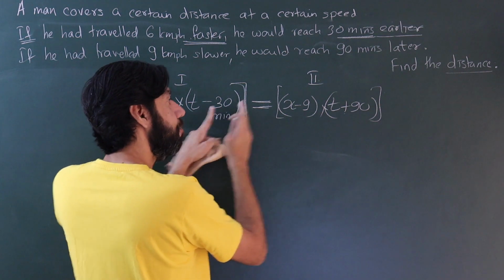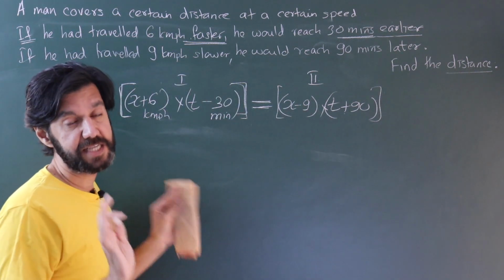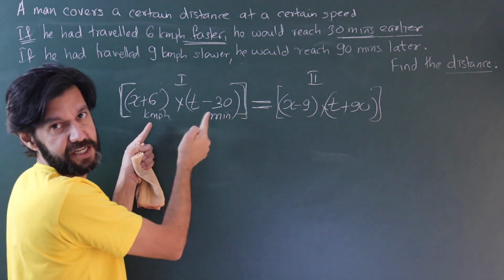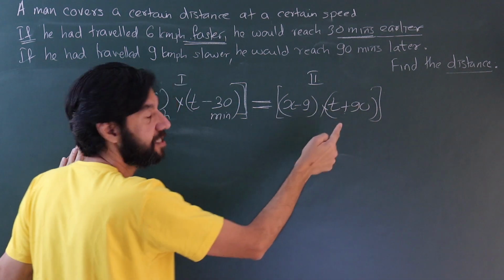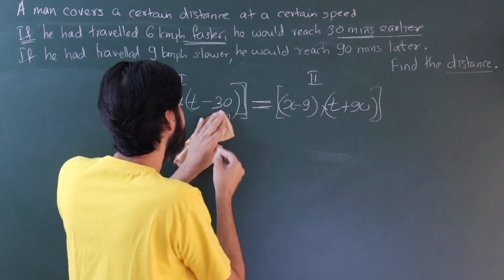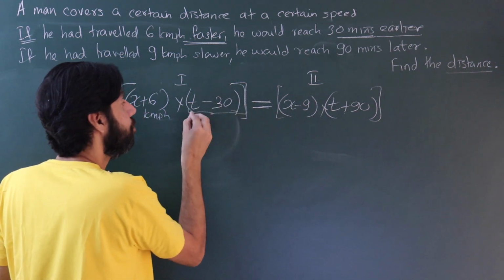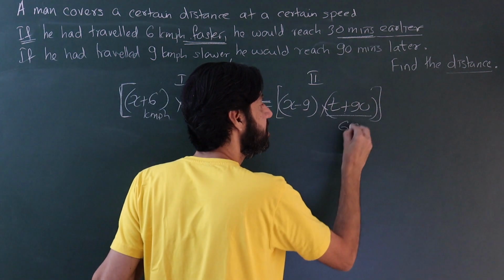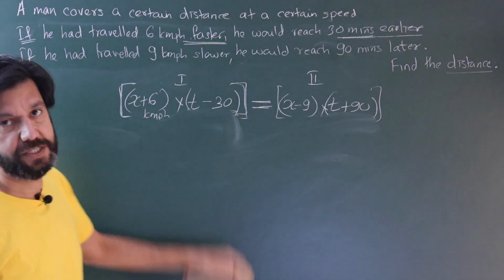This is in minutes, I know, but this is also in minutes. So long as both sides are consistent in the units, it doesn't matter if they're incompatible with each other. So what I'm saying is, don't look at half, don't look at 3 by 2, 90 by 60. It will only make your calculations worse off. Just think of the entire thing, even t is in minutes. So 30 is in minutes, this is in minutes. So what I'll do is I'll just divide this by 60 to make it hours. That same thing I'll do here, and the 60 is going to cancel out at the first step. Right? So I can go ahead and proceed this way.